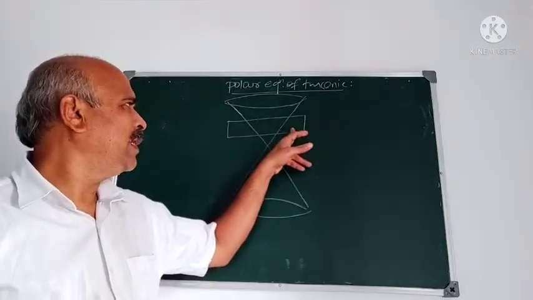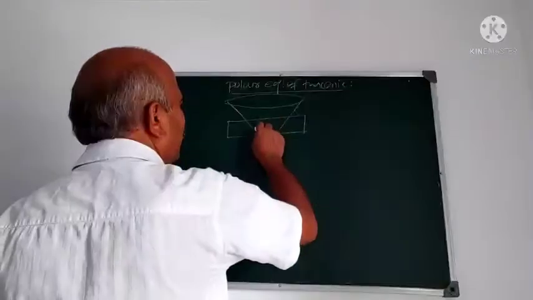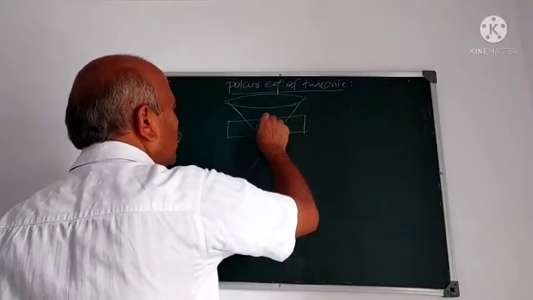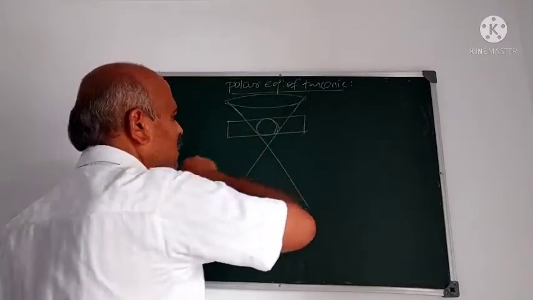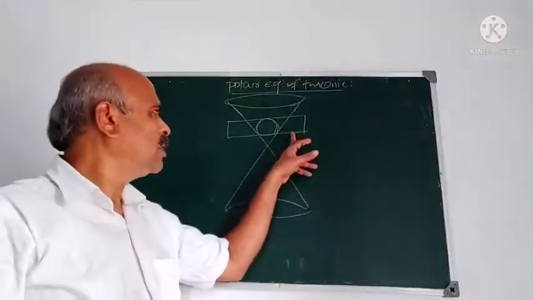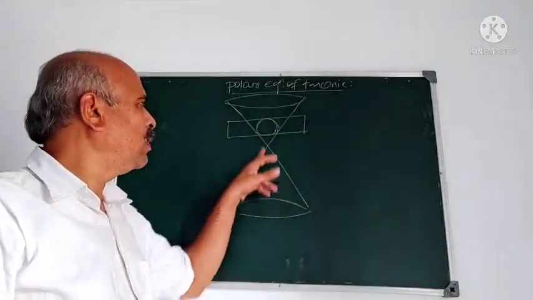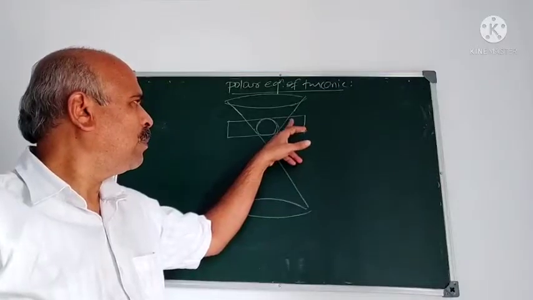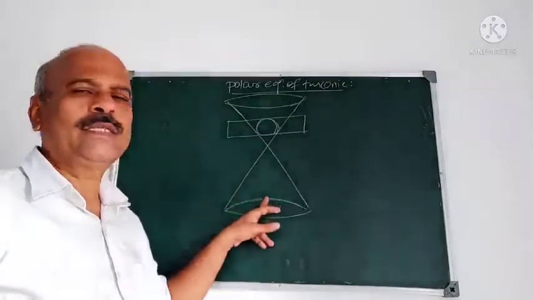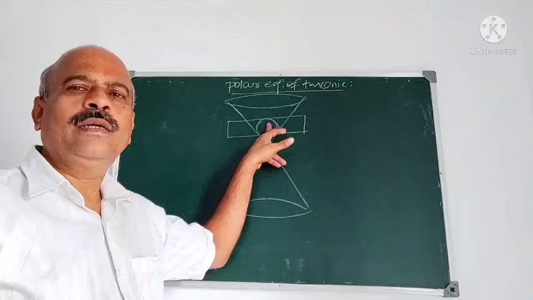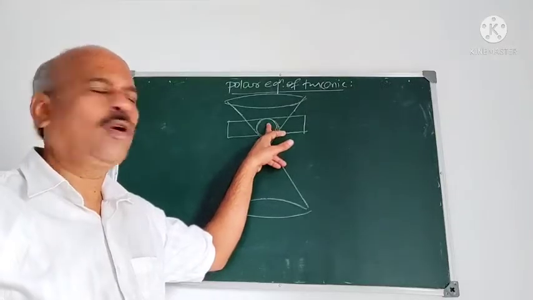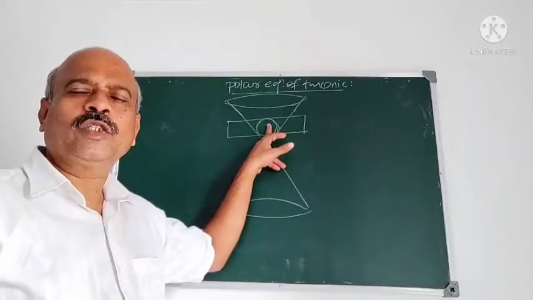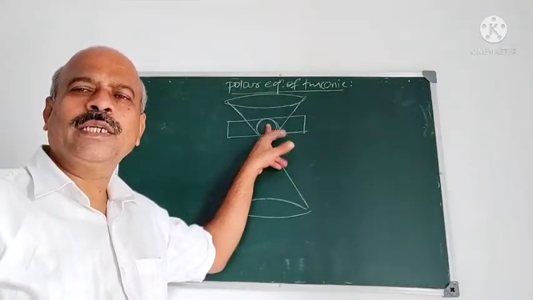If it is cut by a plane, then the area common to this plane and the cone is called conic section. Now in this case, this plane cuts the axis of the cone, and plane is perpendicular to the axis of the cone. In this case we have obtained circle.